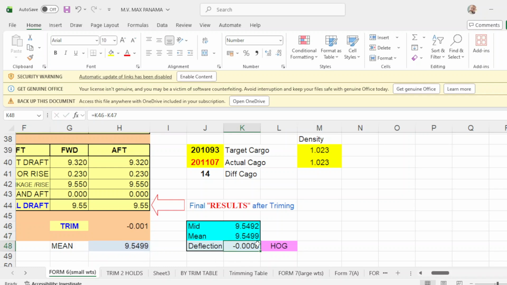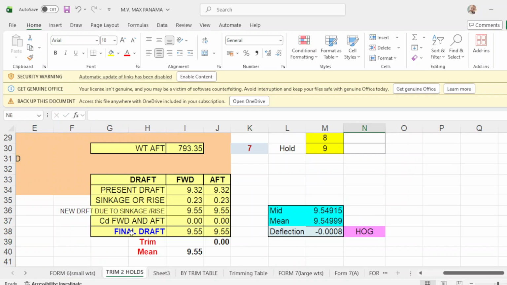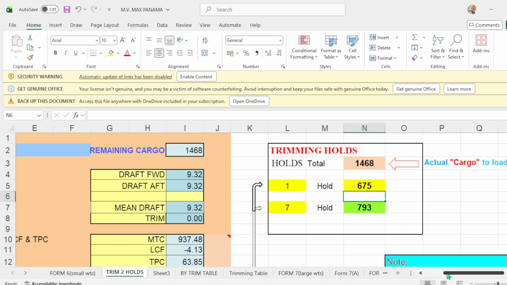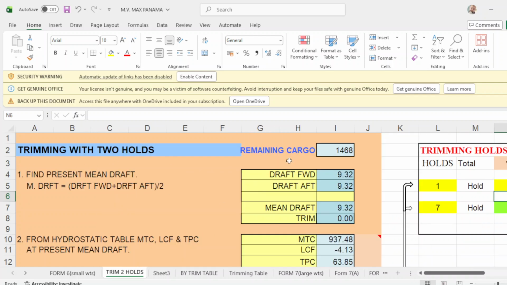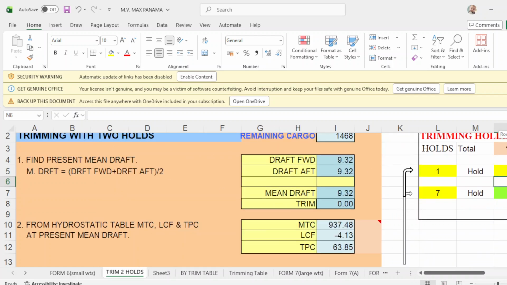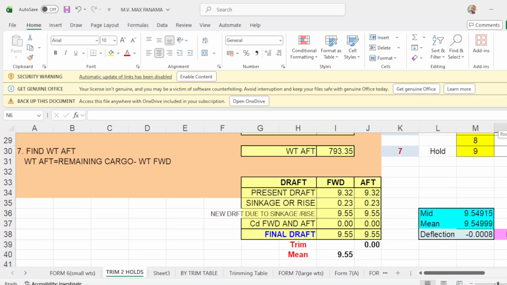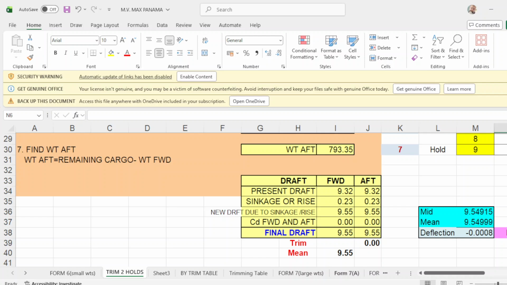And your deflection is 0. So with your trim with 2 holds, your drop is even keel, and you have 0 deflection here. Okay. Your mean drop is this one.